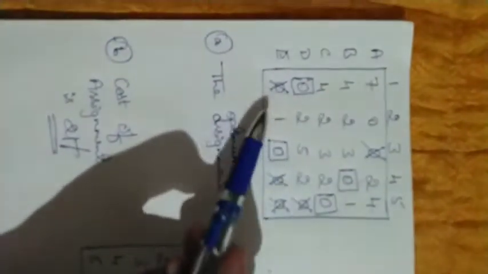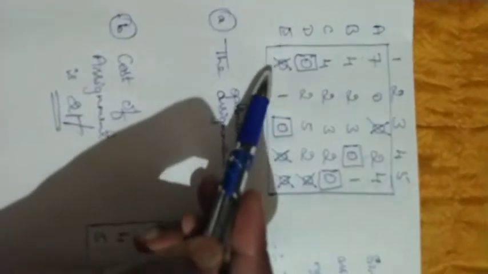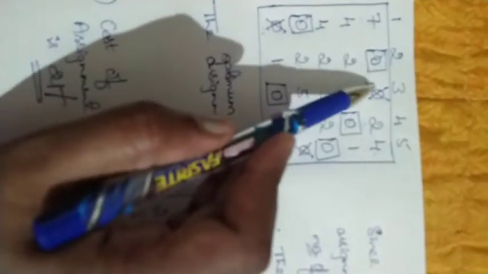Come to the column-wise check, just look at the first column. Is there any single zero? No, one is crossed, one is already assigned. Come to the second one, there is a single zero, just do the assignment. In this particular row, if there is any uncrossed zero, just cancel it. There is one cancelled zero already, no need to cancel it once again. Come to the third column, there is no single zero. In the fourth column no single zero, and in the fifth column also no single zero.